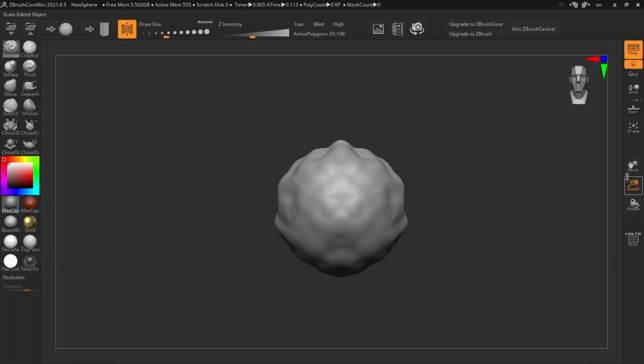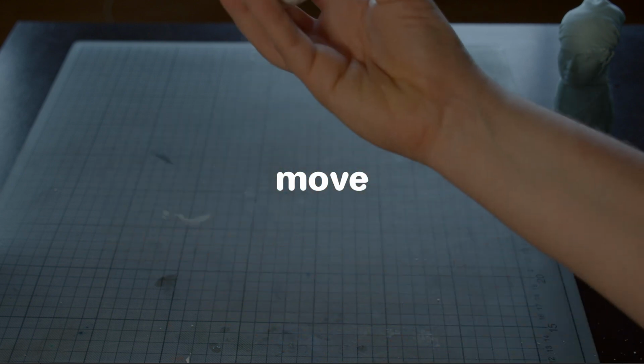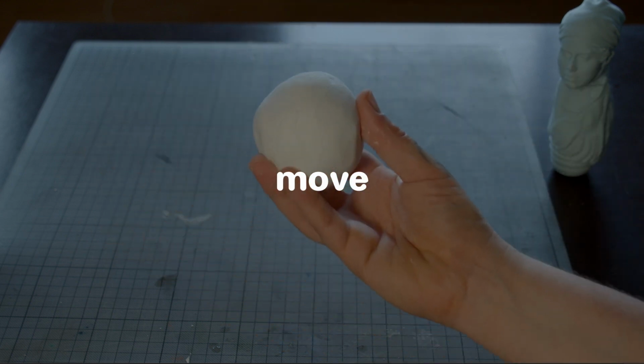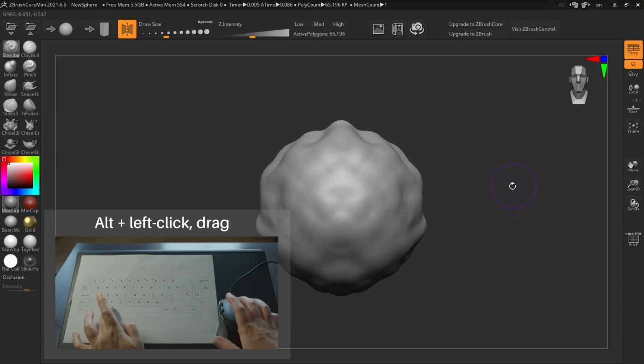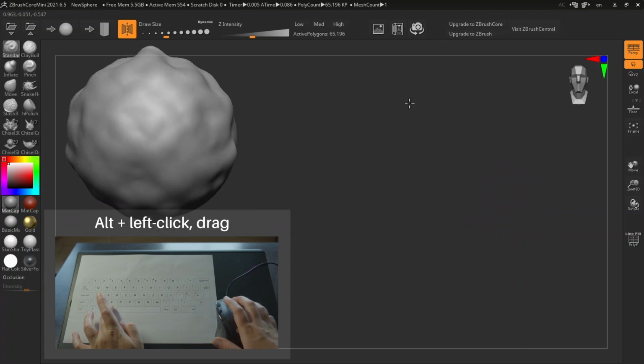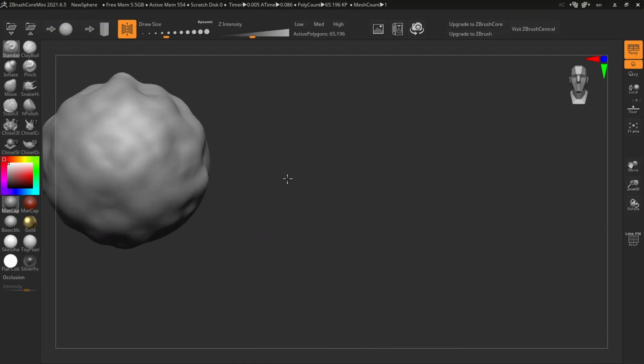To move, which in computer terminology we call panning, you just change the position of the model on the screen. You keep holding Alt while pushing your left button on the mouse, and you can change the position of the clay model on the canvas.